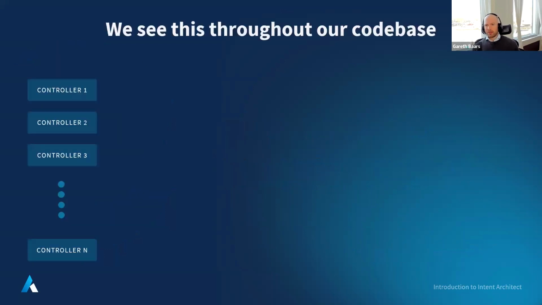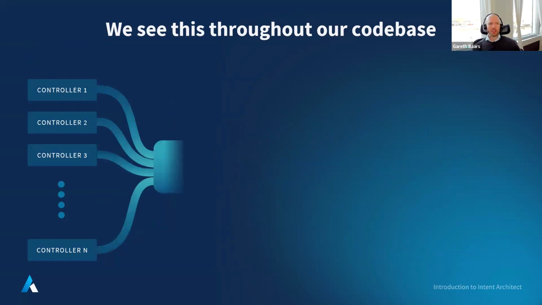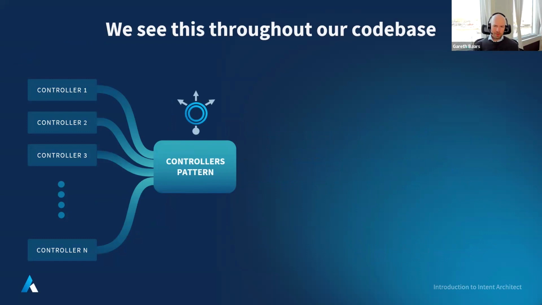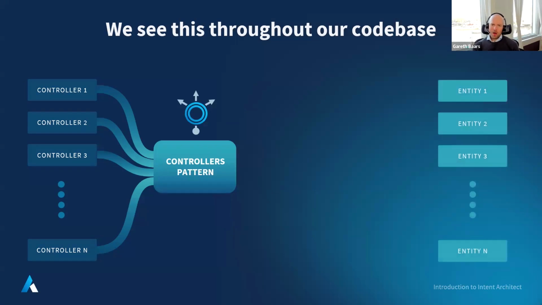So if we look at a backend system, as an example, built in .NET Core, we'd most likely see a lot of controllers, right? And each controller, if we look at the code within that controller, is completely unique to the system. But if we look at all of those controllers collectively, we would see that they all follow the same implementation structure, and we can call that structure the controllers pattern. Very similarly, if we looked at all the entities in the system, we would see that each entity in the system is completely unique too, in terms of what code is written there, but they also follow the same implementation structure, and we can call that the entities pattern.